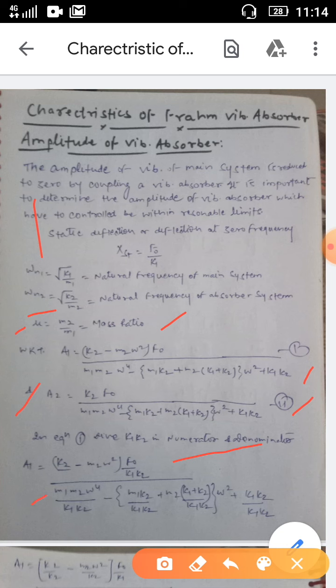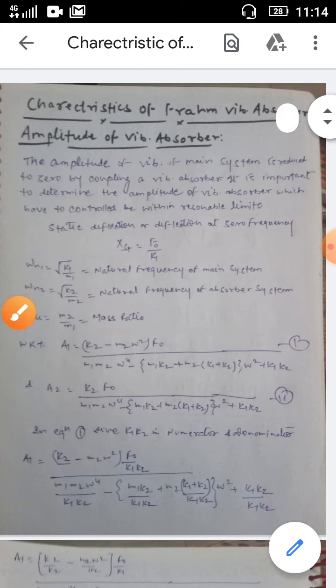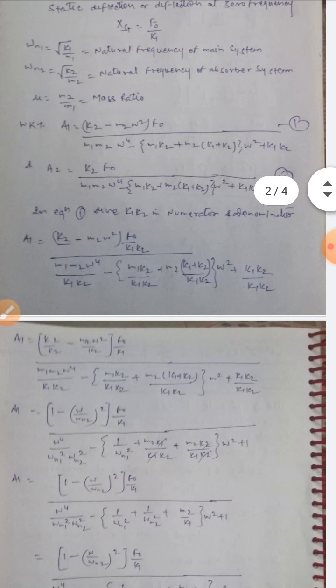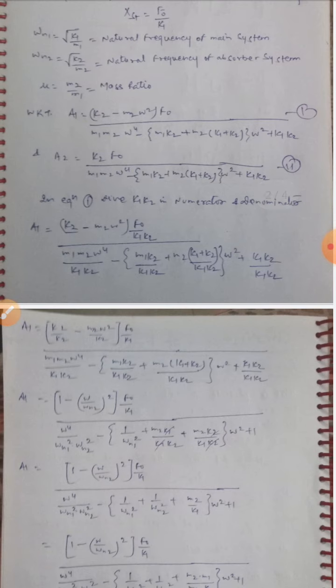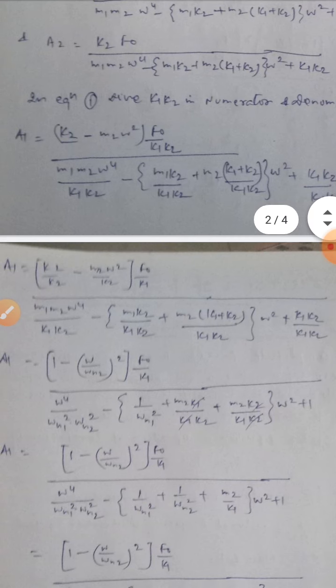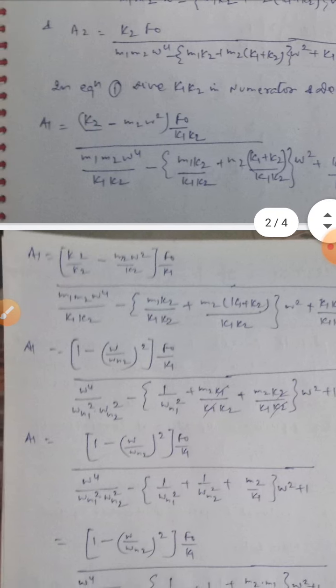By dividing, we will get a1 equal to (k2 upon k2 minus m2 omega square upon k2) f naught upon k1, over m1 m2 omega power 4 upon k1 k2 minus (m1 k2 upon k1 k2 plus m2 (k1 plus k2) upon k1 k2) omega square plus k1 k2 upon k1 k2. After solving, we will get